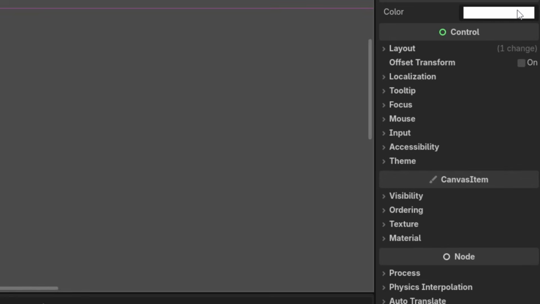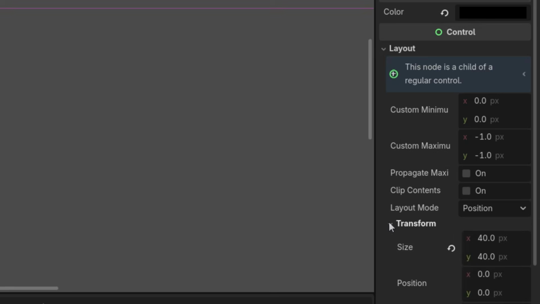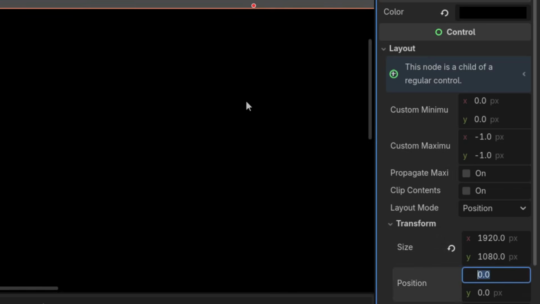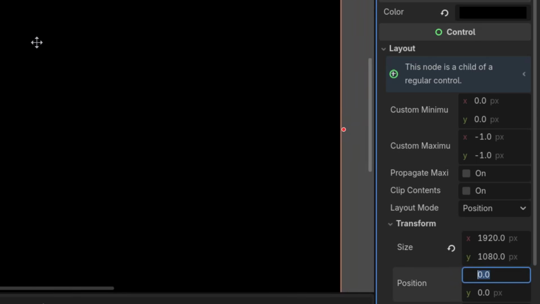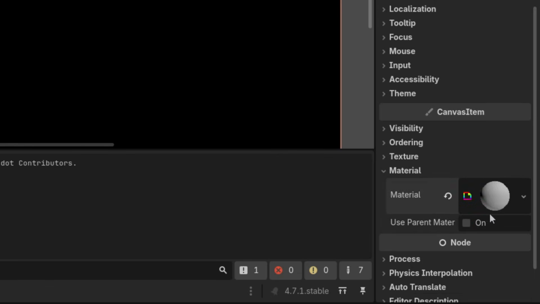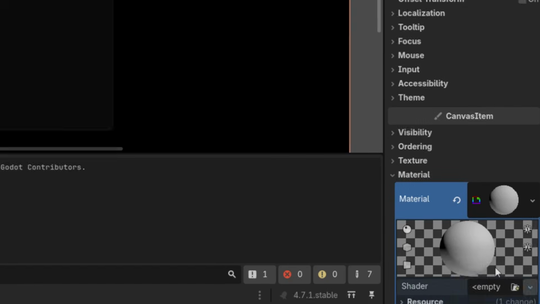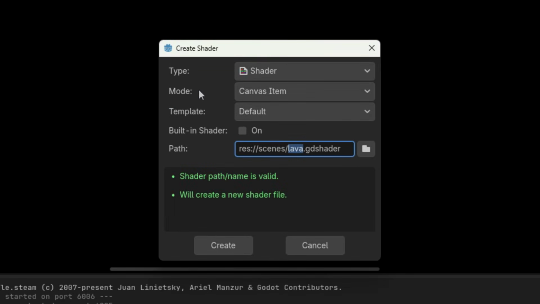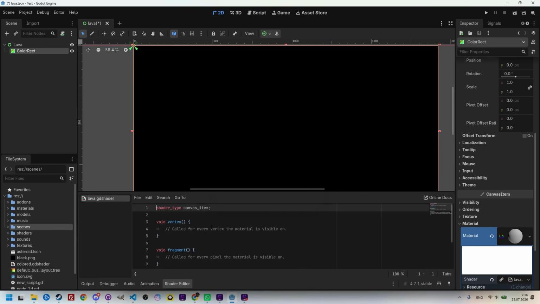Now let's go to the inspector and change the background color to black. I'll expand layout transform and set the size to Full HD, 1920 by 1080. Okay, and let's scroll down to the materials section where I create a new shader material. Click it and add a new shader, which is type shader, mode canvas item. The name is lava.gdshader, and I'll put it to the shaders folder. Shaders, okay, create, and it was automatically opened in the shader editor because I am using Godot